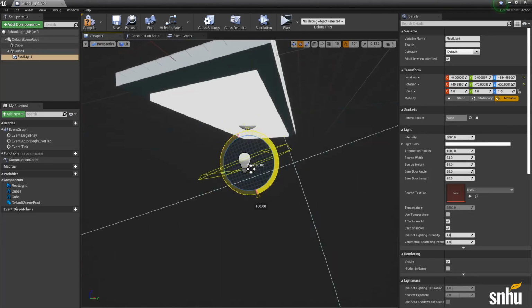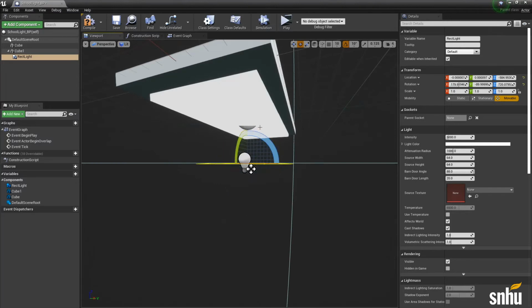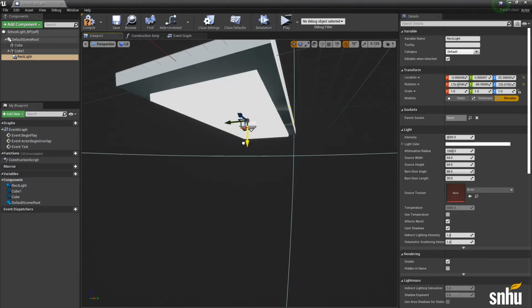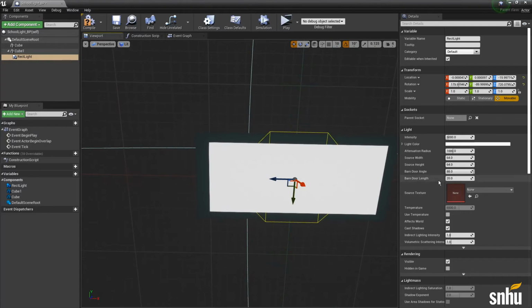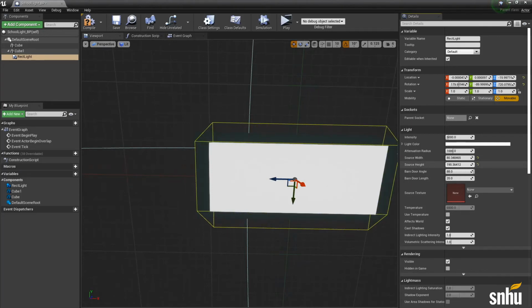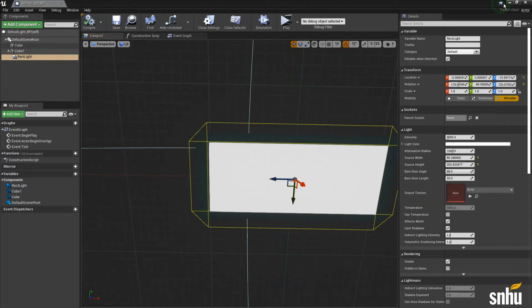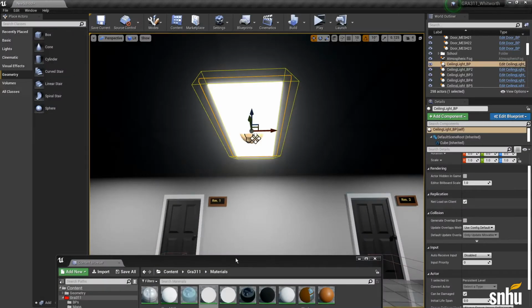Let's turn this guy around. Right. So now let's move this up to here. And then we want to adjust. You can adjust the width a little bit and then adjust the height just until those lines are right on the outskirts of this object. And I'll keep this guy at 5,000 for now.